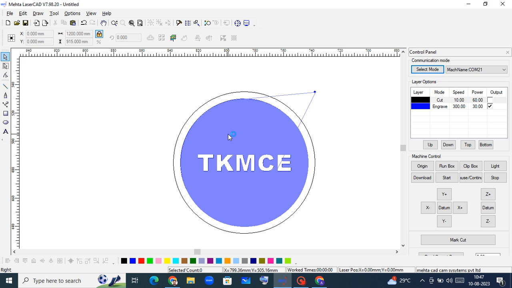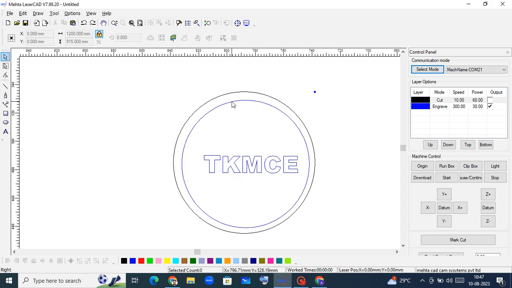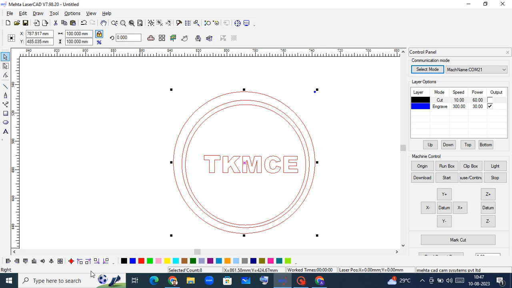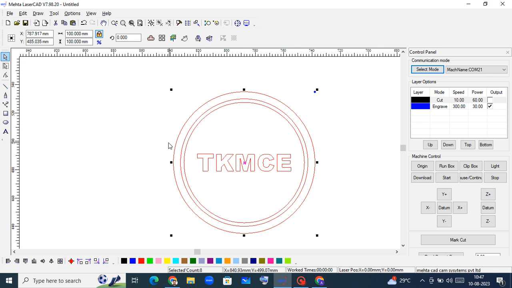Okay, so I will do one thing. I will create another circle of a bit smaller dimension, say 80. Okay, or let it be 85. Let me center everything. So I have given blue color for this one also. So this is also for engraving. So now if you see the simulation,